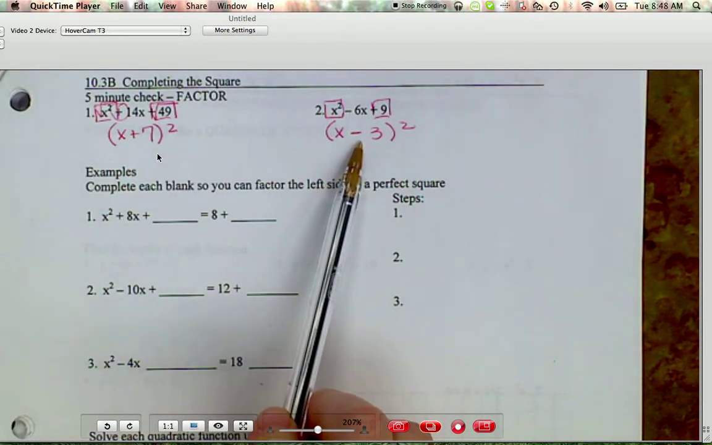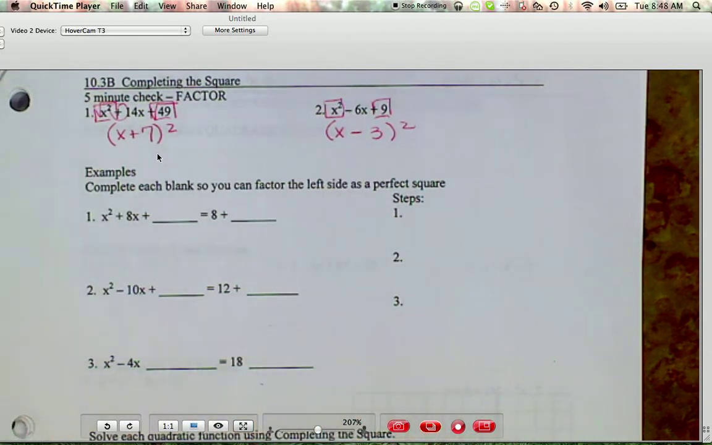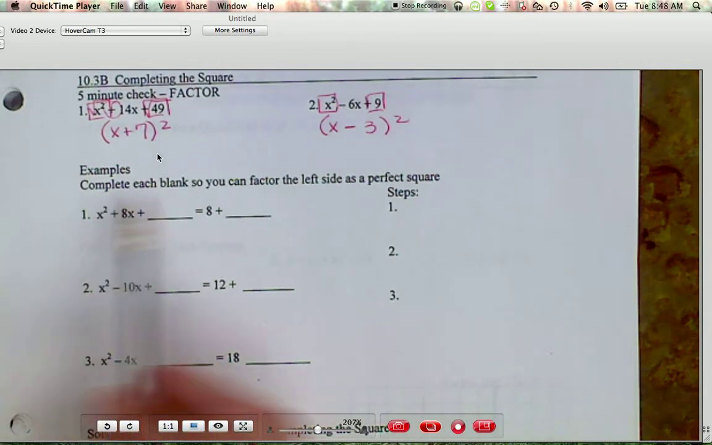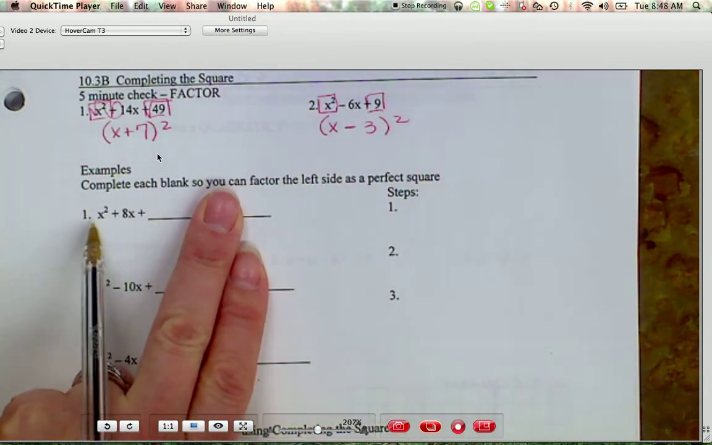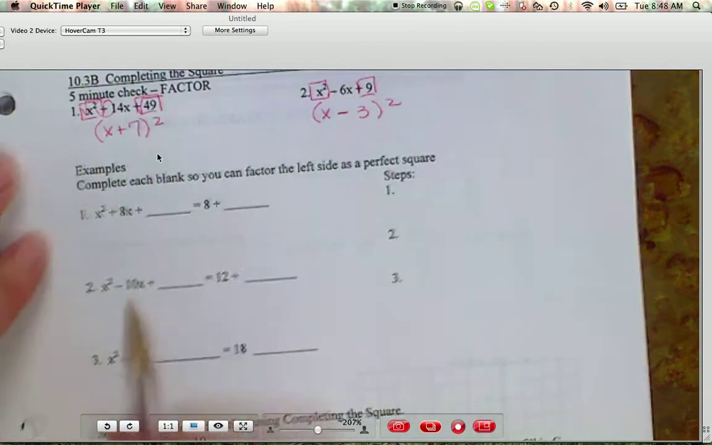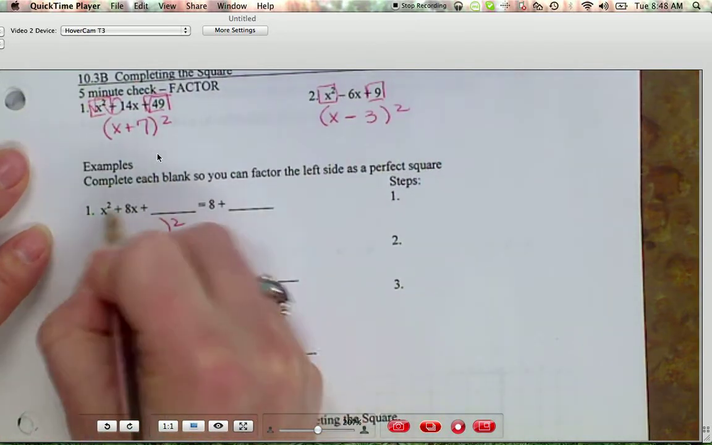So there are a couple steps you need to follow so that we can create a perfect square that we can factor. So let's practice those steps first, and then we'll show you how to use it through a problem. So we are looking at the left side here. We want to fill in this blank right here so that this becomes a trinomial that we can factor as